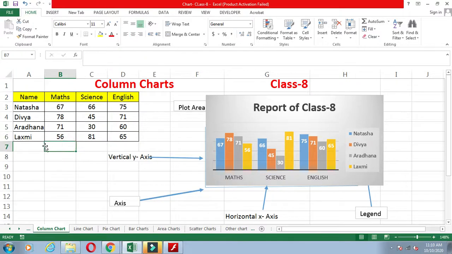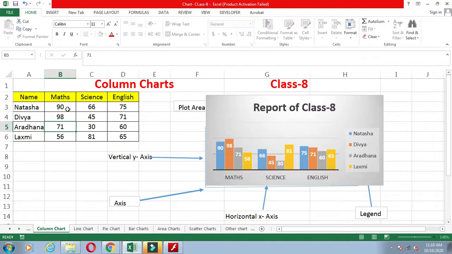If we change these marks to 90, 98, again 100. See, have you seen the changes in the graph? The changes are made automatically in the graphs. If you take Aradhana's marks to 0, so what happens?